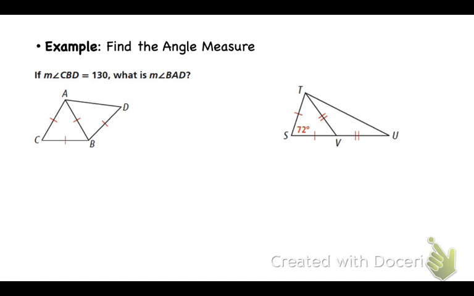Quad means what? 4. A 4-sided object, yes? Okay, the triangle on the left is what kind of triangle? Equilateral, meaning it's also equiangular. Okay? What kind of triangle do I have on the right? An isosceles, because it has 2 sides that are congruent, yes? Okay, so it says